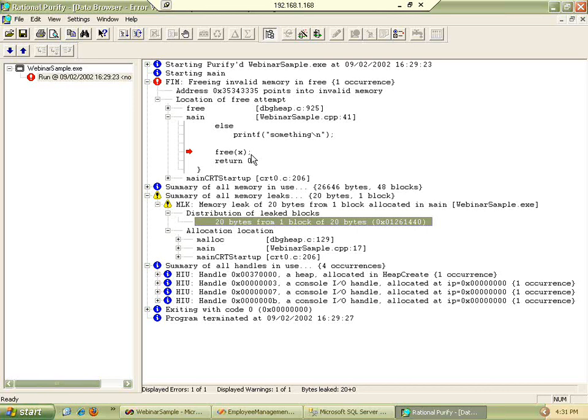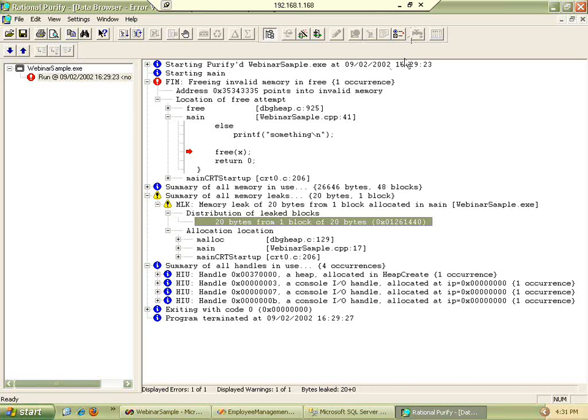Typically, a memory leak may happen because it is not freed, or one buffer overflows the other, killing all those pointers, so they don't know how to free that pointer. So your memory leaks can happen in multiple ways.